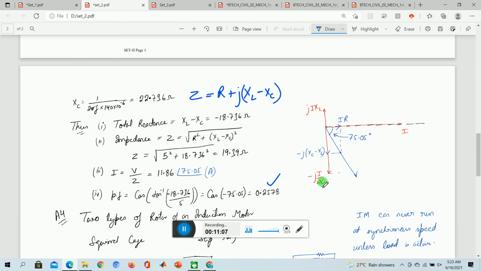Now when you add these two, the dominating one is the negative term, because we see it is 22, right? So obviously we get a negative higher value, so we'll get some higher value up to here. When we take this IR and add this term, we get the direction of the V. So now the phasor diagram is complete. 75 degrees is the angle between the direction of the current, the resultant current, and the resultant total input voltage. So here the phasor diagram completes.